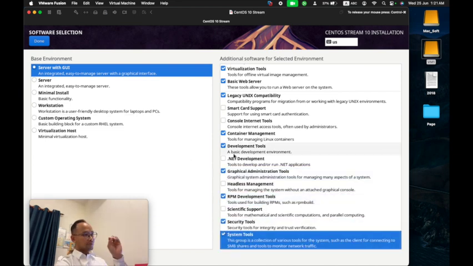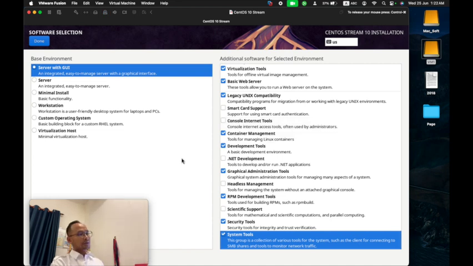And here we see 6 options, 6 operating systems that we can choose from one ISO file.